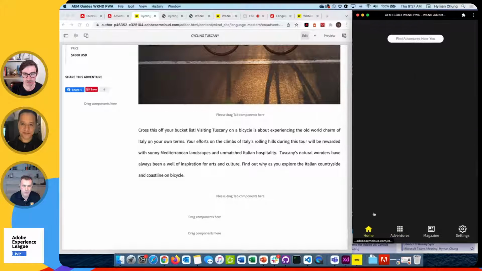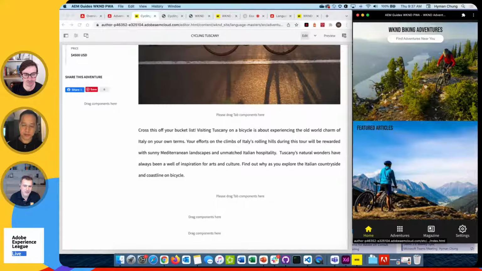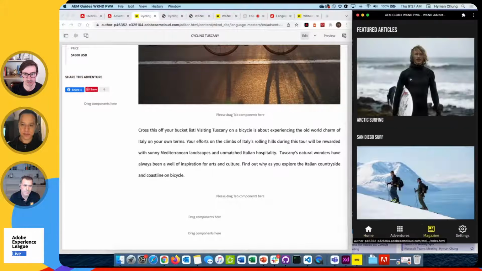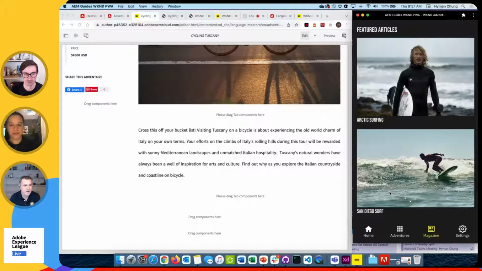They're tied to a page in AEM. And then the magazine section is a fully edited section. I guess you guys call it content services, right? It uses the standard Sling models and the standard way to do all the routes and things like that. Gotcha. Yeah, and I think the app's built in React, I believe. The app was built